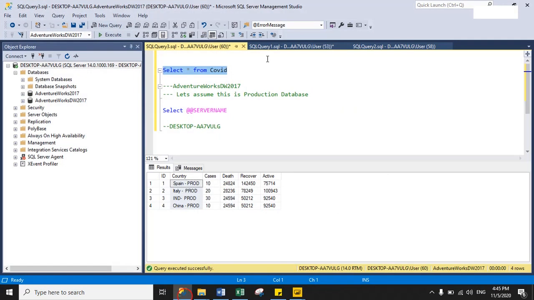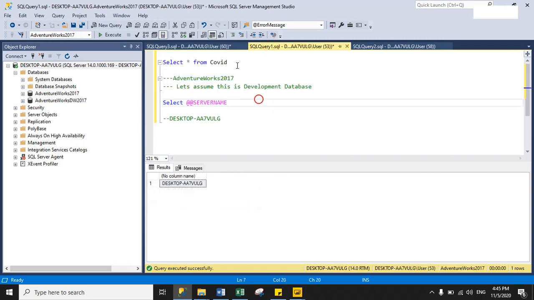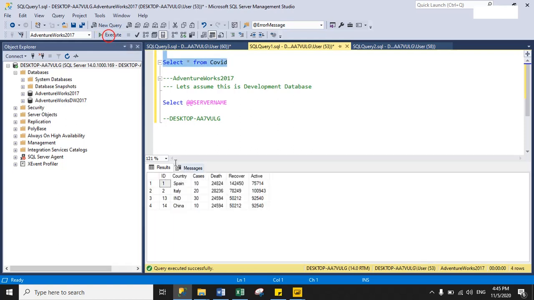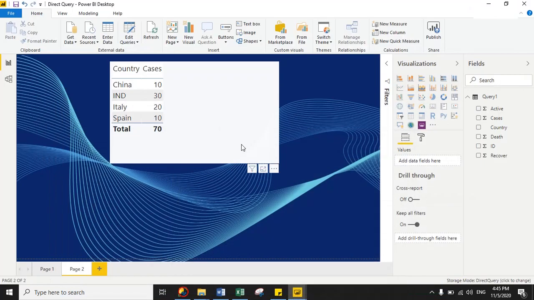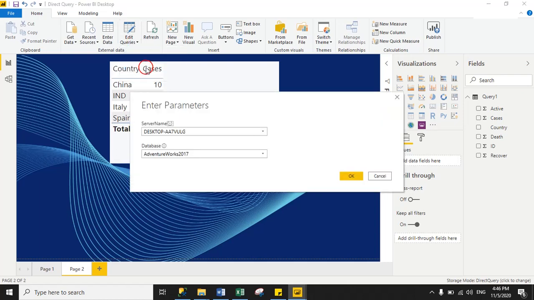And now see here in database, this is my development database, and I am executing the query. See, Spain, Italy, India and China. So this is my development data, because by default I selected development data as my default database. To check whether your parameter is working fine or not, just click edit queries and then click edit parameters.